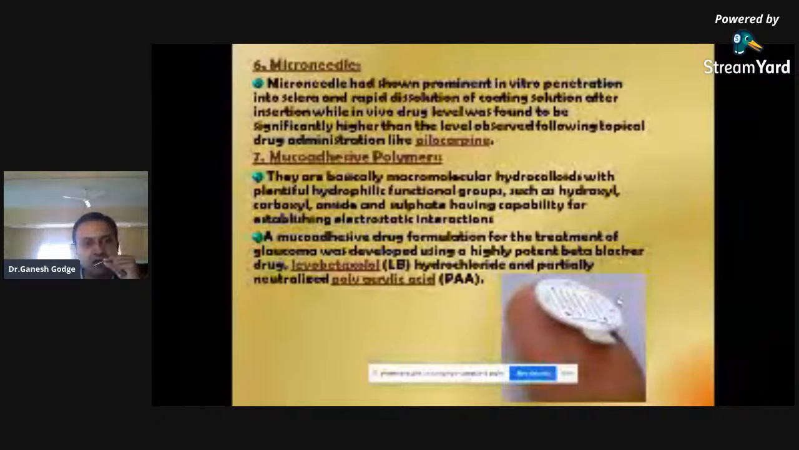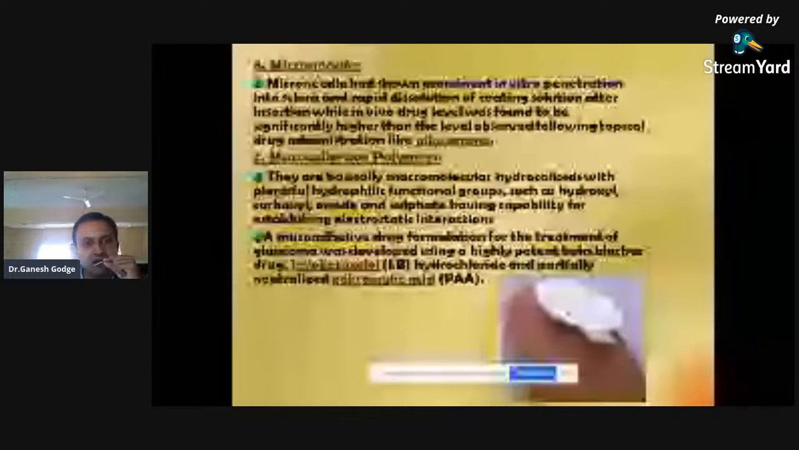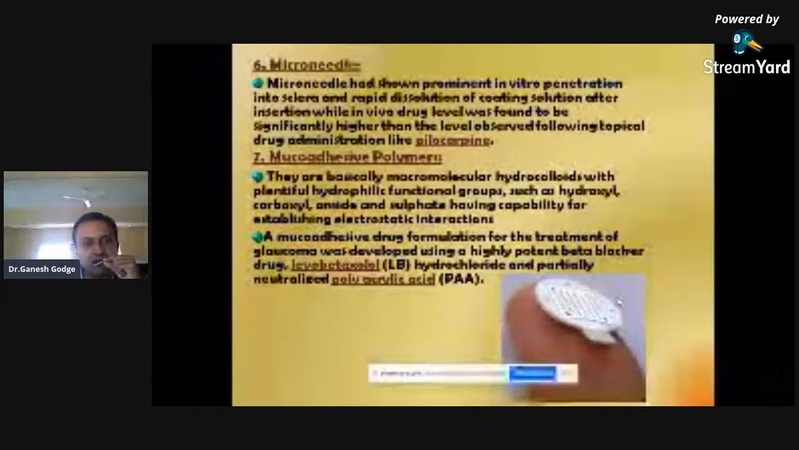Mucoadhesive polymers are basically macromolecular hydrocolloids with plenty of hydrophilic functional groups such as hydroxyl, carboxyl, amides, sulfates, having the capability of establishing electrostatic interactions. Now, in case of mucoadhesive polymers, many polymers,